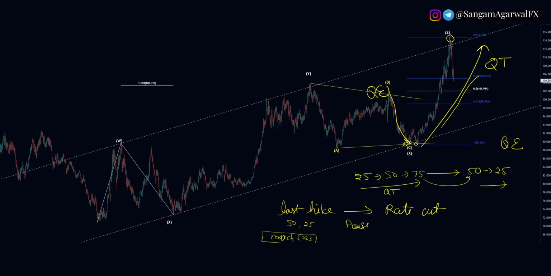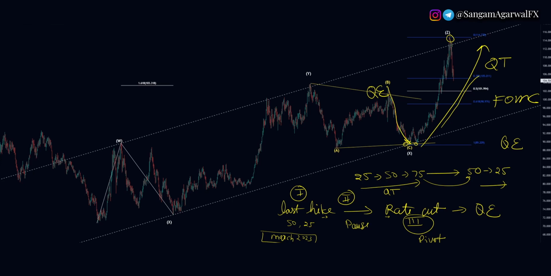Then in the final stage there will be a rate cut, and after the rate cut there will be QE monetary policy, because that is the first stage, the pause is the second stage, then the rate cut is the final stage, which we call the Fed pivot. So pivot basically means the Fed cutting interest rates. Beginner traders are still confused, but we are in the first stage, and that timing from the last hike to the first rate cut is important, and we get clarity about this in the FOMC meeting in December,